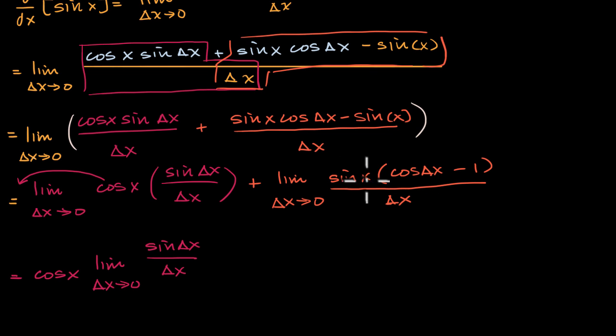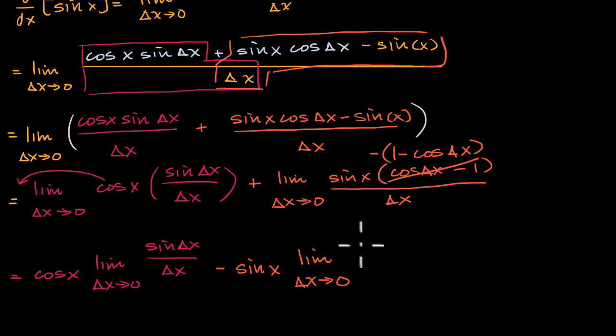So I have a sine of x here, but let me rewrite this a little bit differently. Cosine of delta x minus 1, that's the same thing as 1 minus cosine of delta x times negative 1. And so you have a sine of x times the negative 1. And since the delta x has nothing to do with the sine of x, let me take that out, the negative and the sine of x. So we have minus sine of x times the limit as delta x approaches 0 of what we have left over, which is 1 minus cosine of delta x